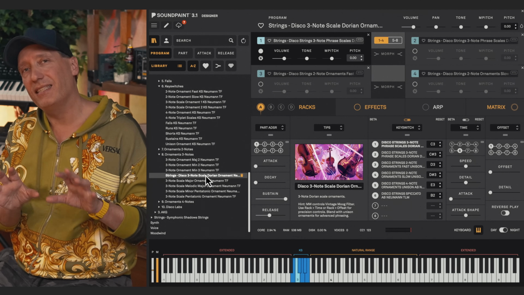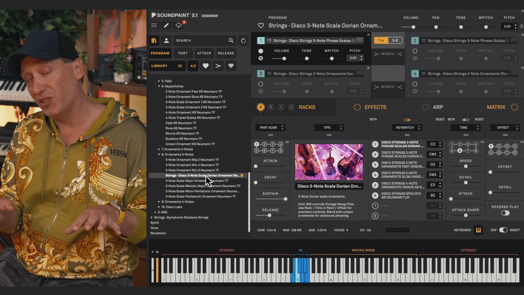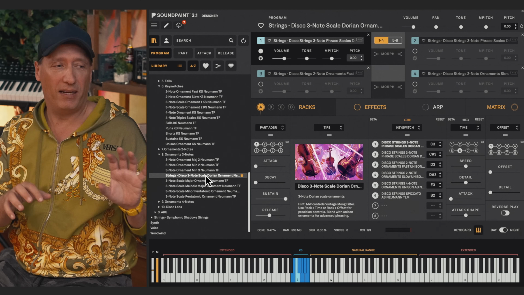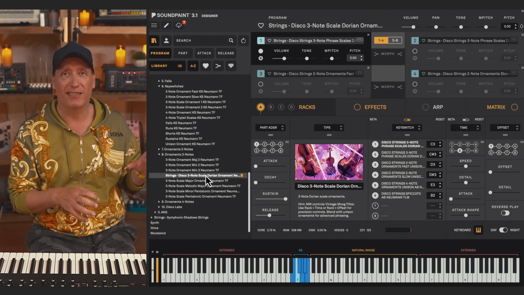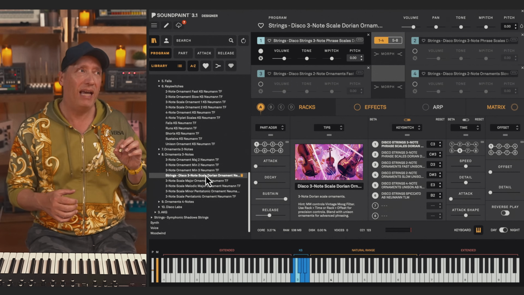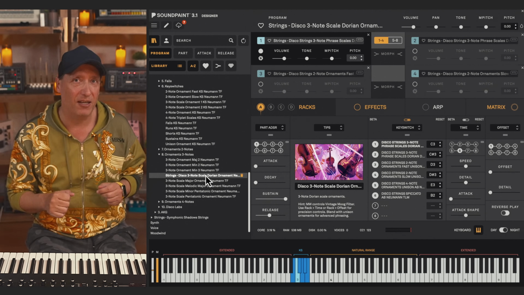Now, that was me playing with the most simple ornamentation we have, which is 2 notes. But we also have 3-note and 4-note ornamentations. Right now, I'm going to play with a specific scale-based ornamentation. When it comes to the 3 notes, we have conventional intervals like we just listened to, half steps, whole steps up to the minor third, but also recorded a variety of scales, Dorian being one of my favorite, in the same notion. So it's both that we have melodic tiny fragments in normal sort of intervals, but we also have them in scales.